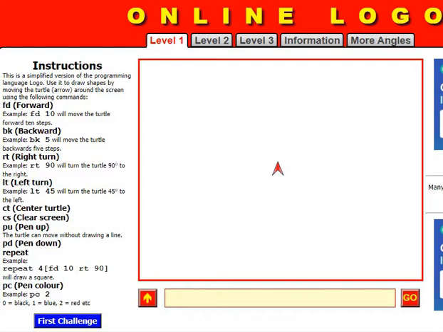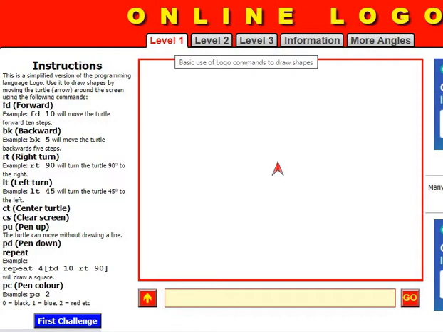Today I am going to teach you Logo. Logo is a programming language and today I am going to teach you Logo online. Online you can give the commands and it will execute. I have given the website link in my description box. Just get ready to learn. See, this is the screen of online Logo.